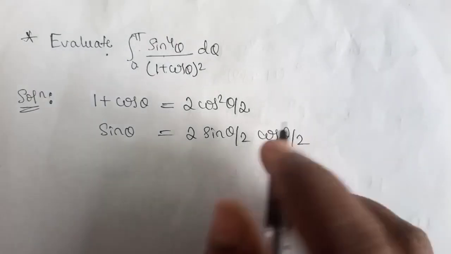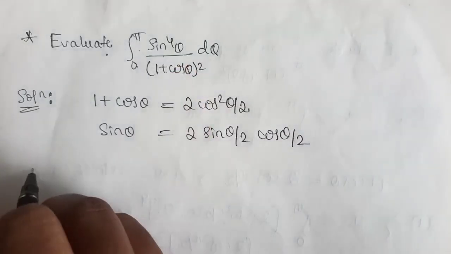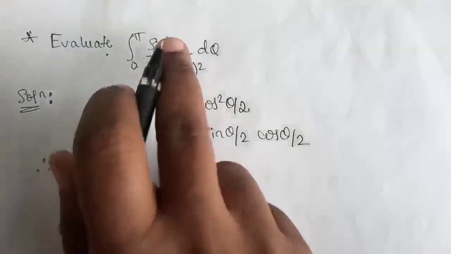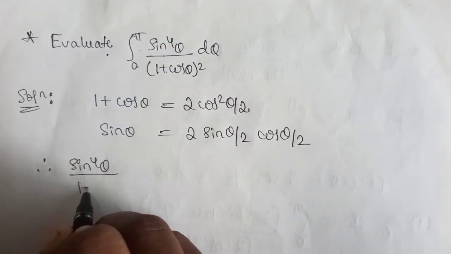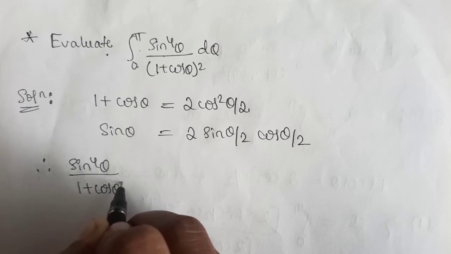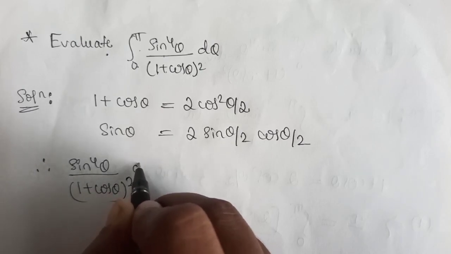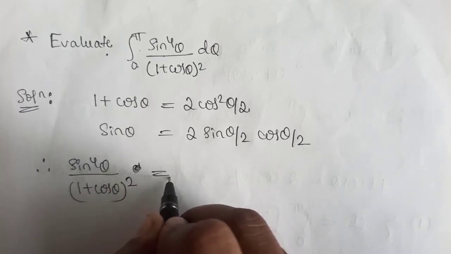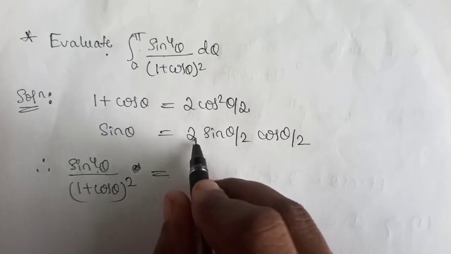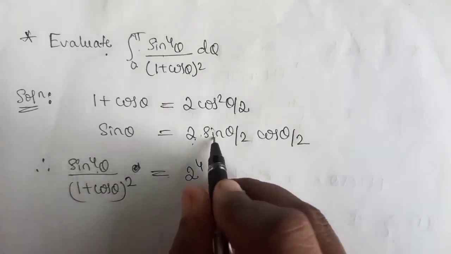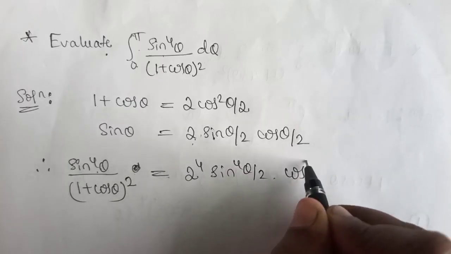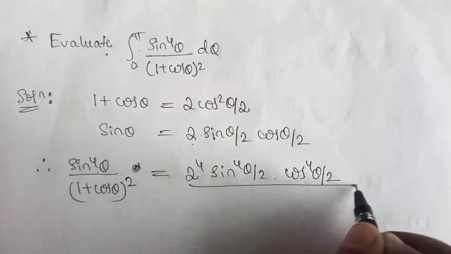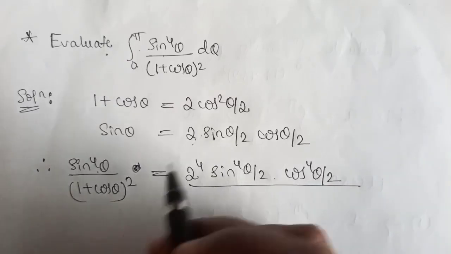Substituting these values, the given integral becomes sin power 4 theta divided by (1 plus cos theta) power 2, so sin power 4 means 2 power 4 sin power 4 theta by 2 into cos power 4 theta by 2, divided by